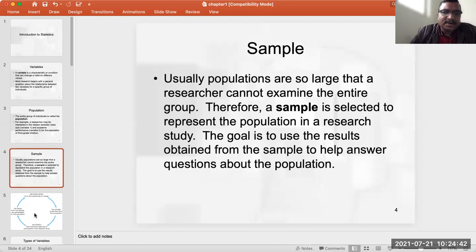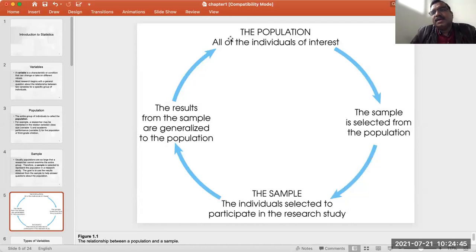Right? So how does the cycle go? Here is the population, all the individuals in which you are interested. From that you take the samples, using some sort of sampling design. The sample is selected from the population, and then selected to participate in the research study. What is the sample? That is the individuals, items, members, whatever that may be. And then you collect some data.